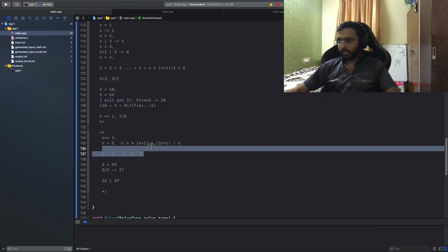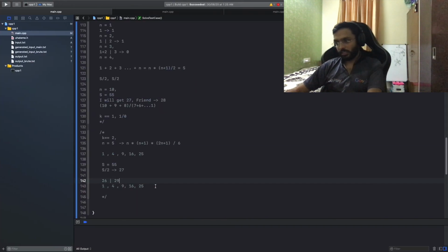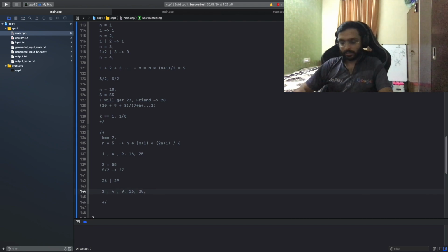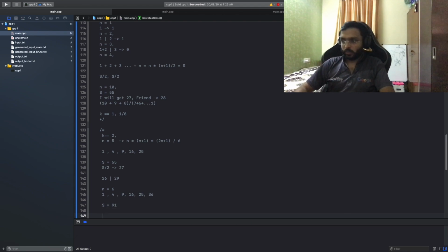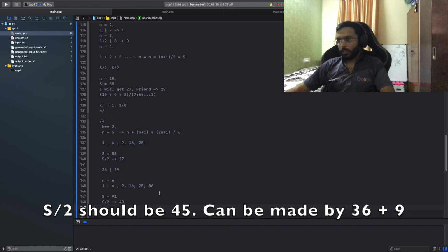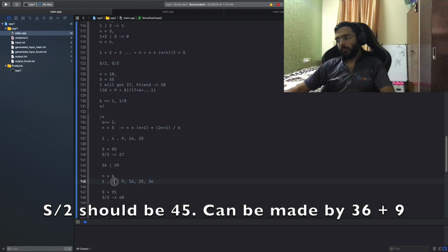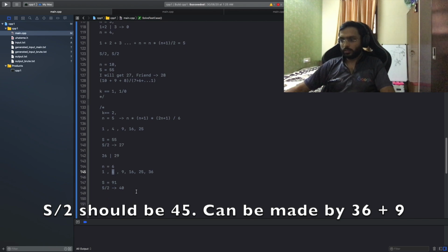Okay, let's try to extend just to verify that's the case. So let's say this is 36 for n equal to 6. So what's the sum? Sum is 36, 61, 91. So sum is 91. S by 2, we will target to create 40. I think 40 I can create from 36 plus 4. So this was fine for greedy.